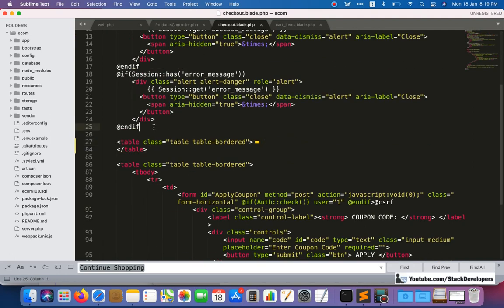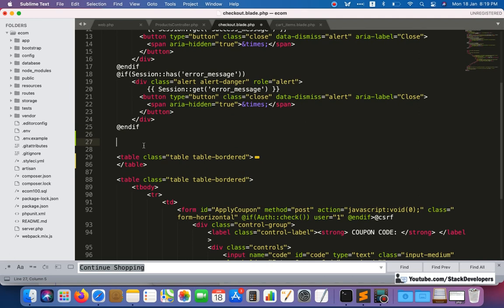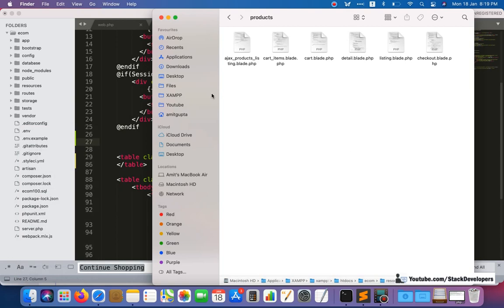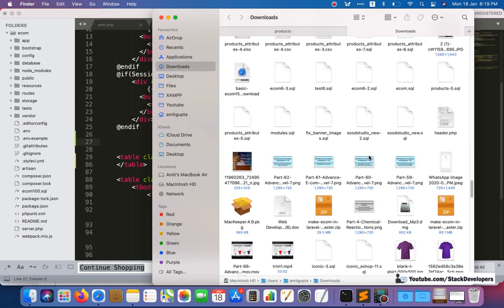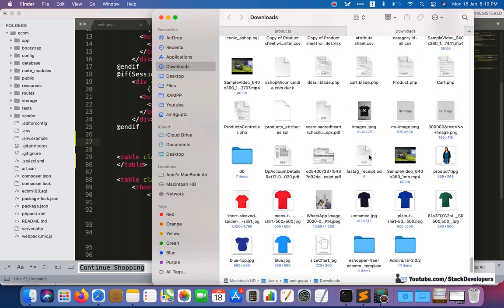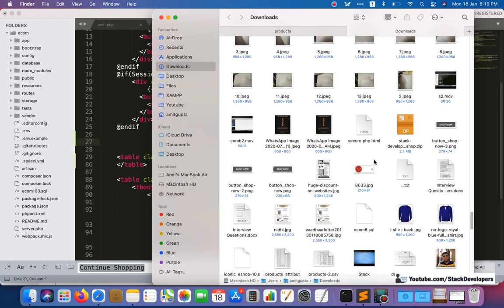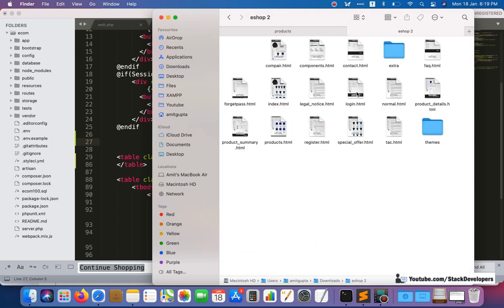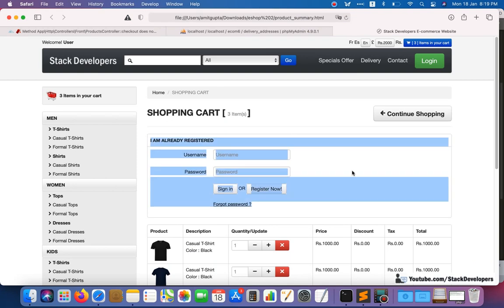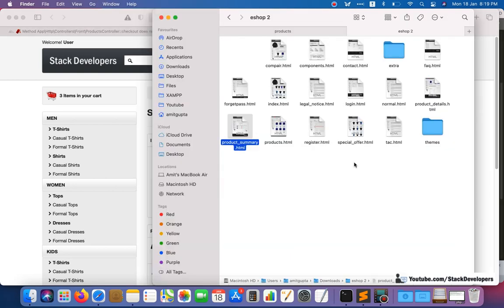So now the main thing is to show the delivery addresses. Here we are going to show the delivery addresses, and once again I need to check our template. I need to open the product summary page from the eShop template that we downloaded a long time back from the sitemakers.in website. So I will search for that. Here is my page, so I will copy this one, that will help me to have some kind of format.